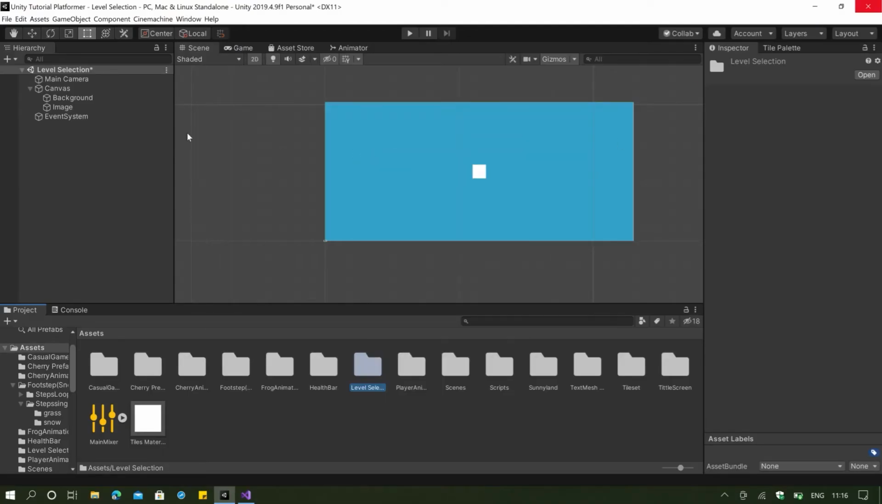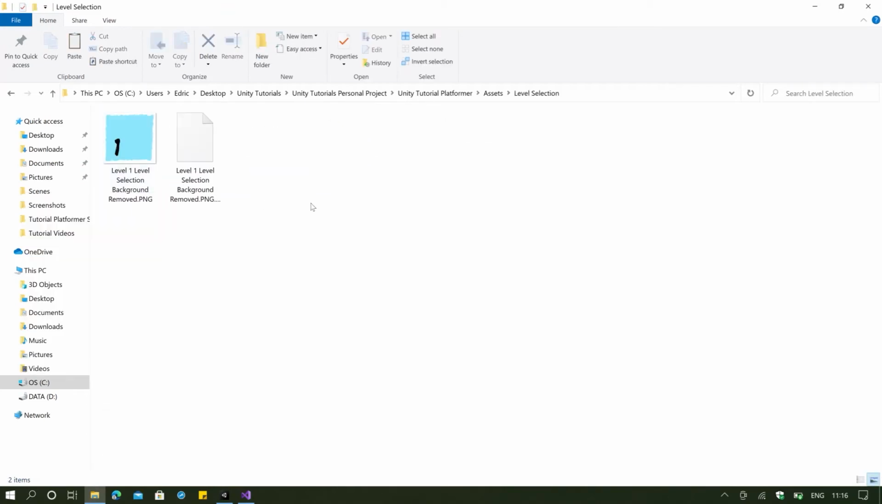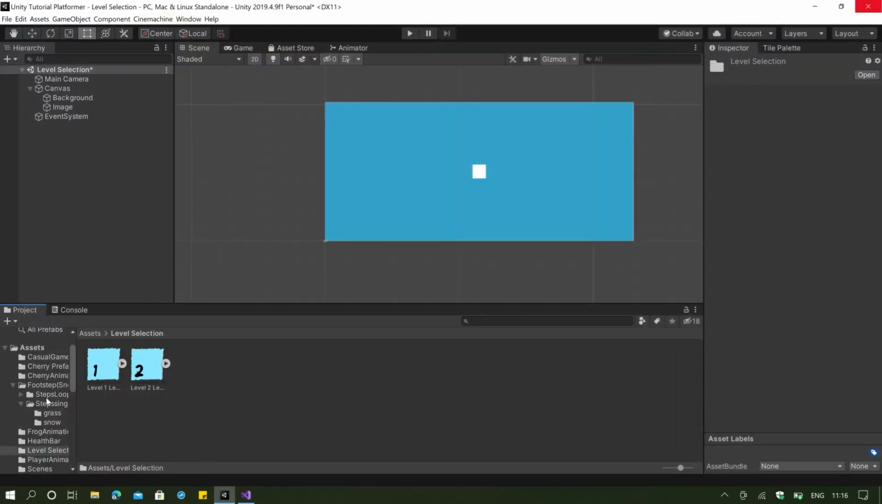Show in Explorer. Click on it and paste. As you can see, I've prepared my asset already. And if we go to our level selection here, we can see that we have 2 levels or 2 squares with numbers on it. And you can use any other shapes that you want and be creative with your